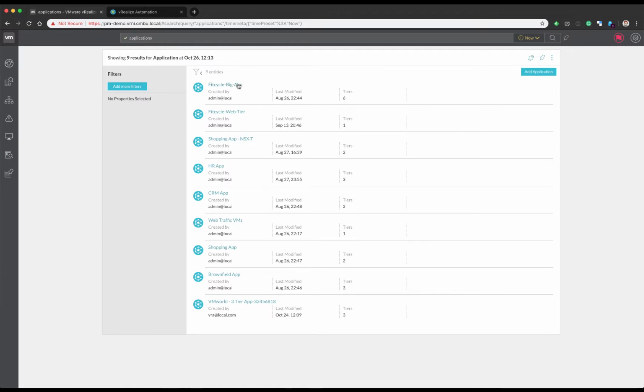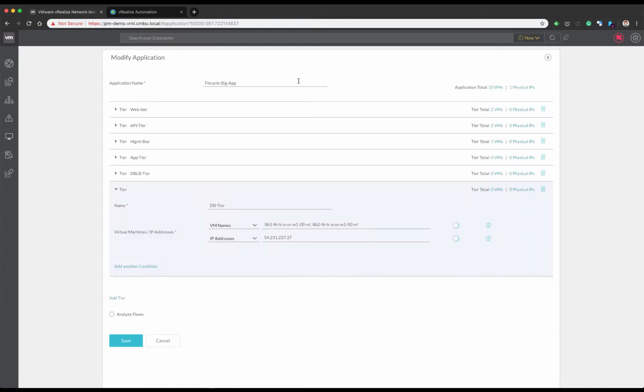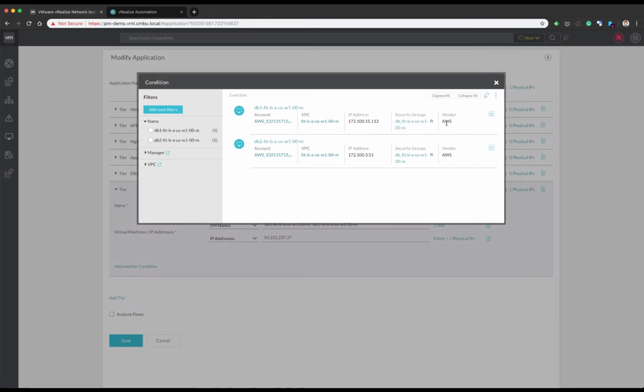You can see the tiers, and if I zoom in on one, then you will see the specification of this application. So as I mentioned, the application itself is basically just a logical container which hosts a couple of VMs. So in this case you see 6 tiers: a web, API, management, app, and a database load balancing tier, and then the database tier. And you will see a specification. So we got a couple of VMs in here, 2 VMs. And by the way, these are AWS VMs. So we're going cross multi-cloud,